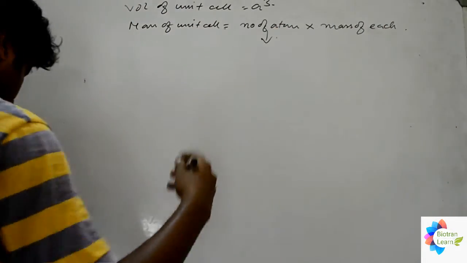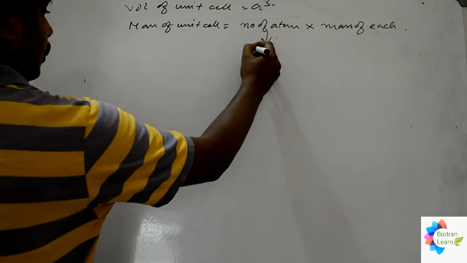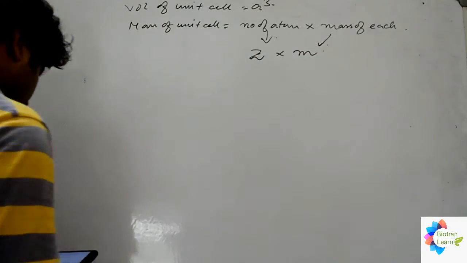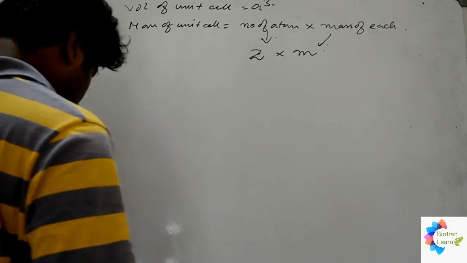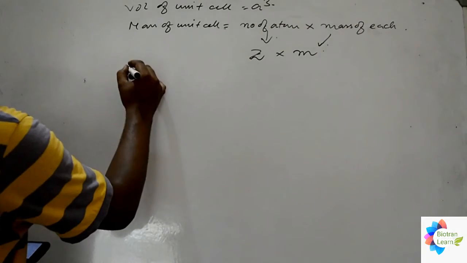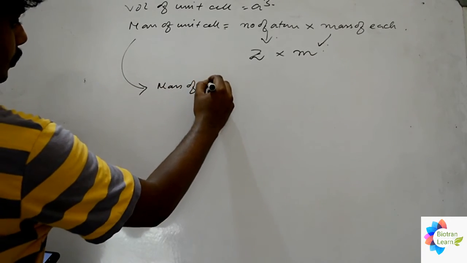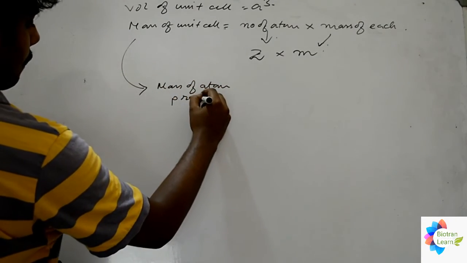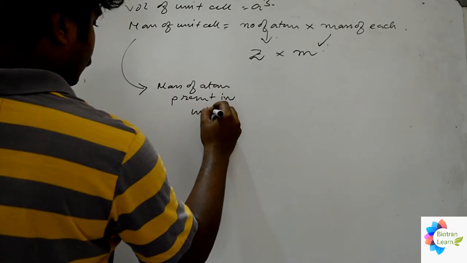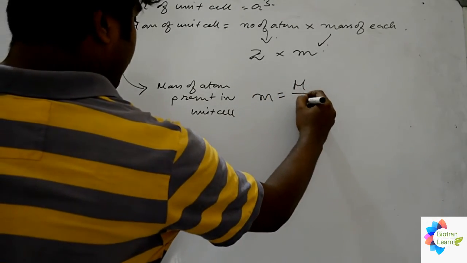So the number of atoms we can take as z, and the mass of each atom as m, right? Hence in this particular case we can have the total mass of atoms present in the unit cell,